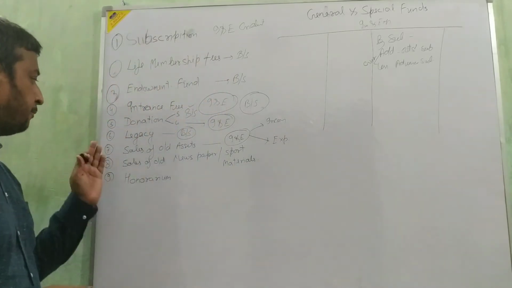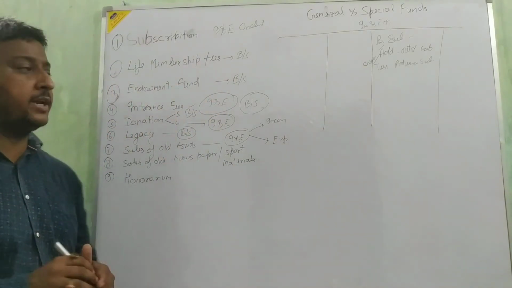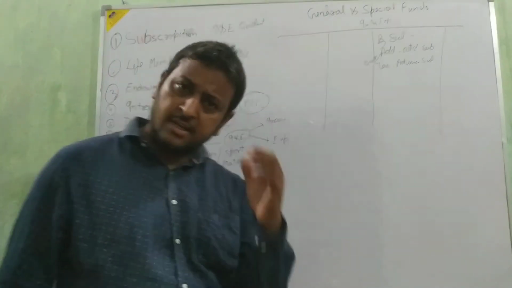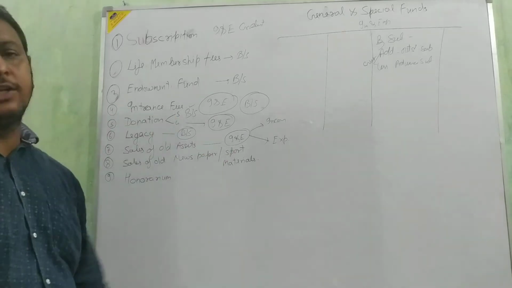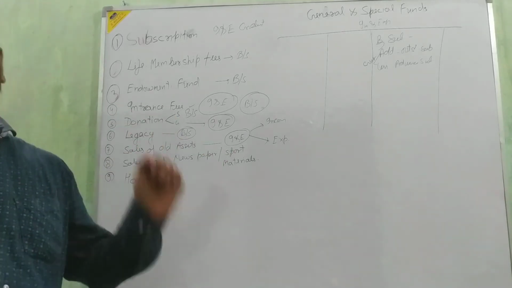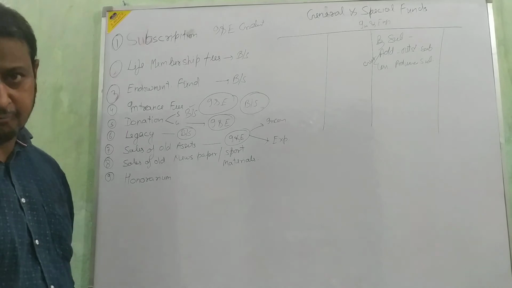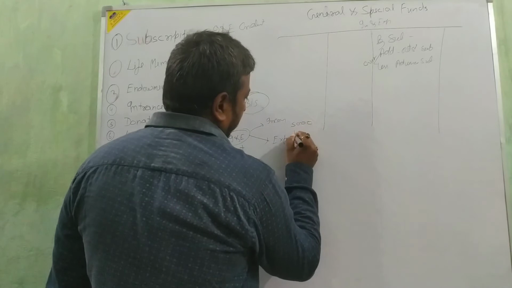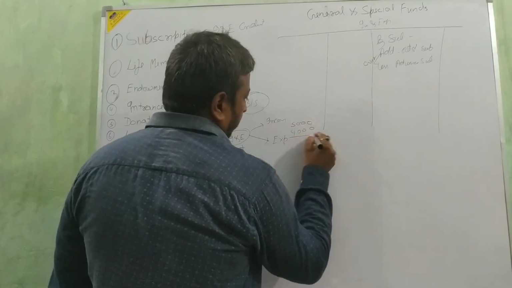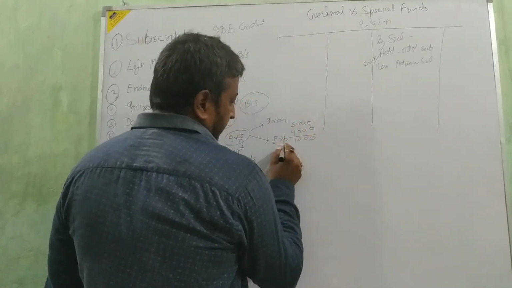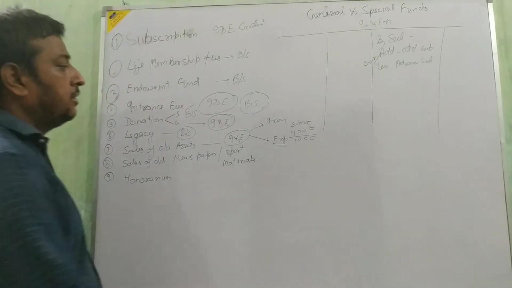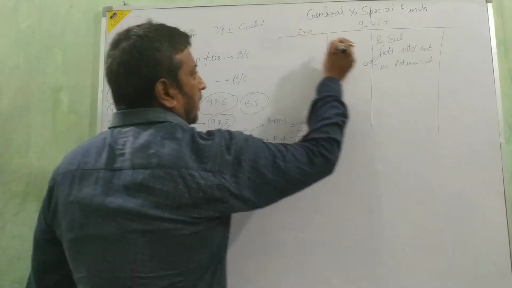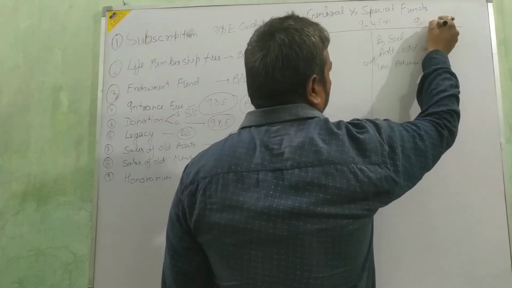As if your asset value is 5,000, and you are going to sell this asset for only 4,000. That is a 1,000 loss. Is it clear, beta? Value 5,000 but sold for 4,000, then there is a 1,000 loss in expense. This 1,000 we show on this side, the expense side, and this is the income side.